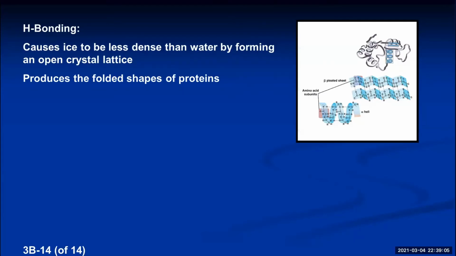Something else that hydrogen bonding does is it causes proteins to have their unique shapes. If you're a biology major, you know a protein is a series of amino acids bonded together. And the amino acid chains are long. There's thousands and thousands of amino acids in a protein. The protein's used to make hair or cell membranes, or they're used to make enzymes, which are catalysts for biological reactions. And if you ever see in your book a picture of an enzyme or a protein, it's like this weird shape up here. What is that? Why is it all curly-Q like that?